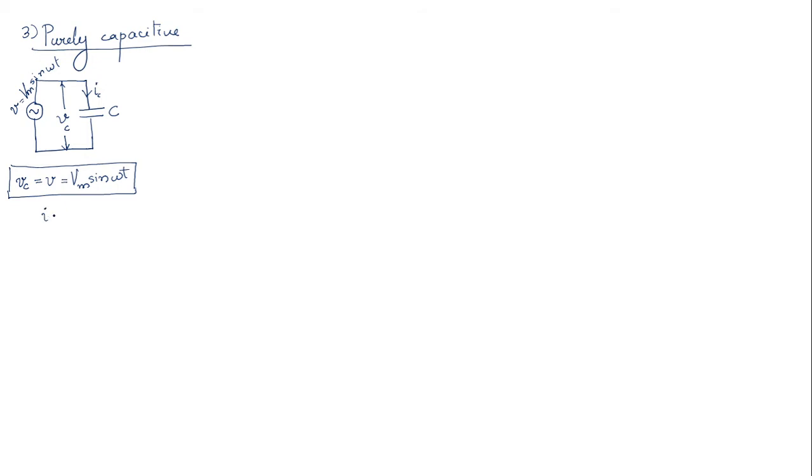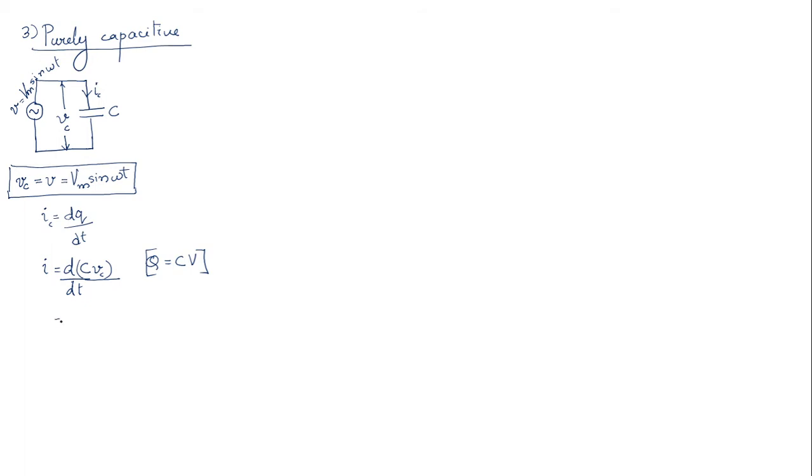We know that for a capacitor, we can write the current as i = dq/dt, where q is the charge. So the rate of flow of charge is represented as current. Now the charge q can be written as C into V, which means capacitance value into the voltage across the capacitance. We have studied the expression Q = CV. From this I have written Q = C into the voltage across the capacitor.